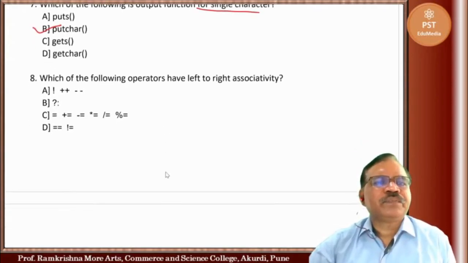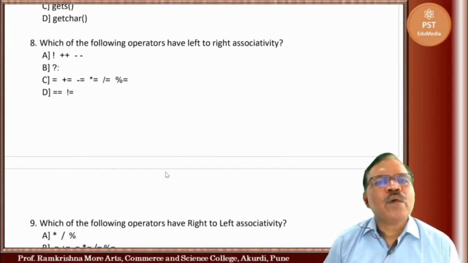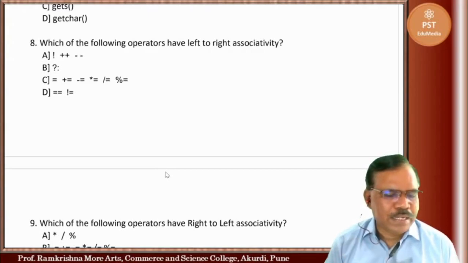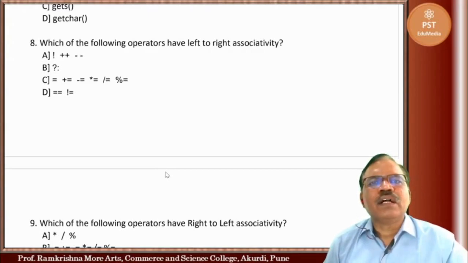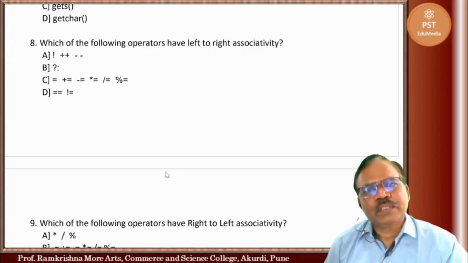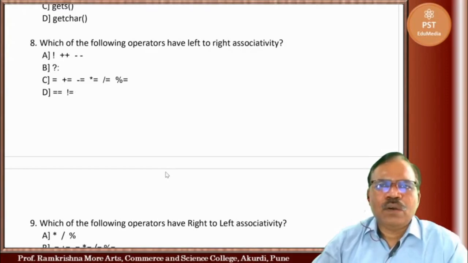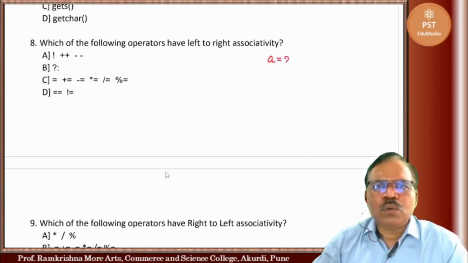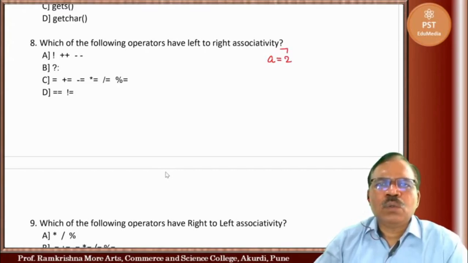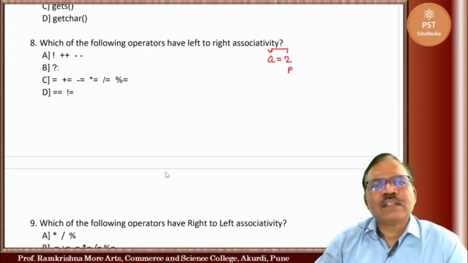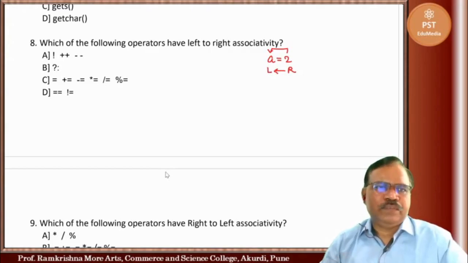Now next one, which of the following operators have left to right associativity? Left to right, right to left. So suppose here we have A = 2, means 2 is assigned to A. So this has right to left associativity.